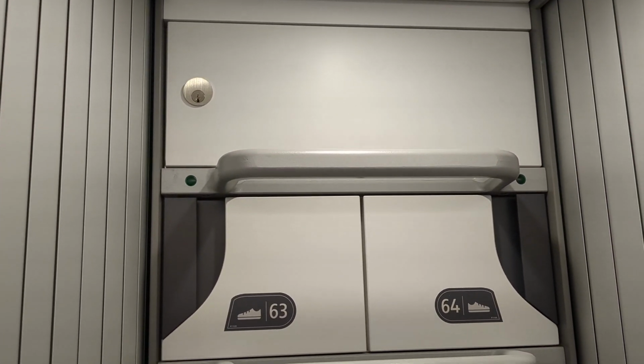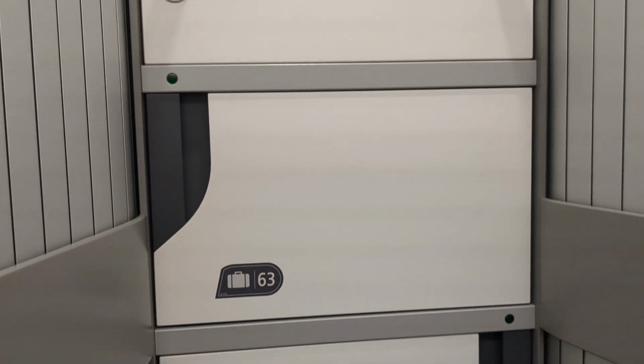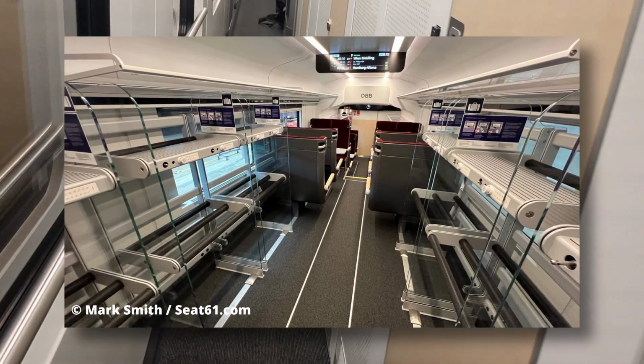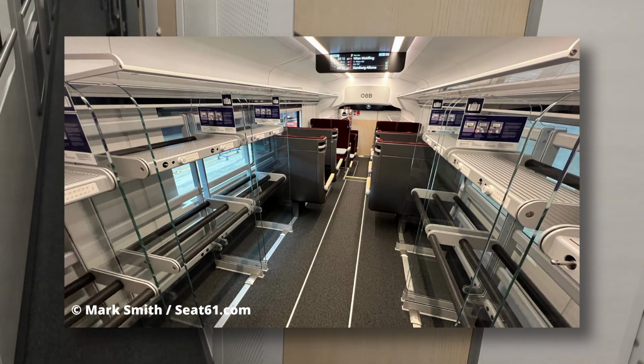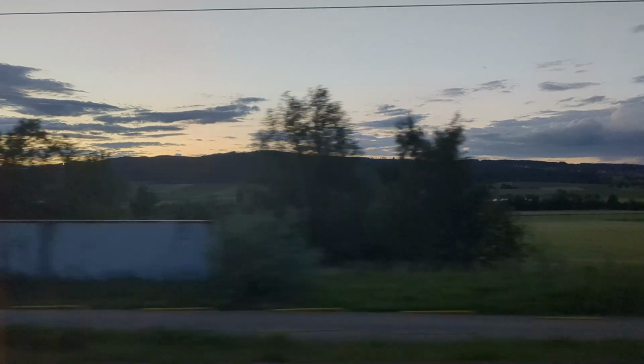1 very small compartment for shoes and smaller items, and 1 larger compartment for medium-sized suitcases or backpacks. But if your luggage is too large for the compartments, you can use the dedicated storage area of a train's multi-purpose car. Using any NFC card, like a credit card, you can secure your luggage with cables here, so you don't have to worry. Taking a look outside, we can see that it is slowly getting dark, so let's start